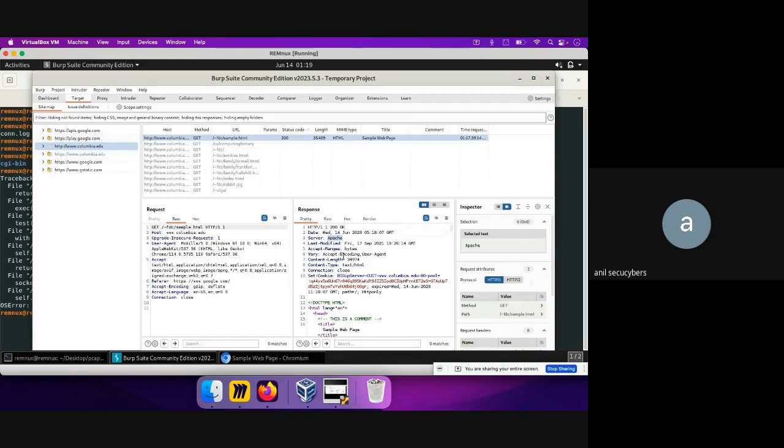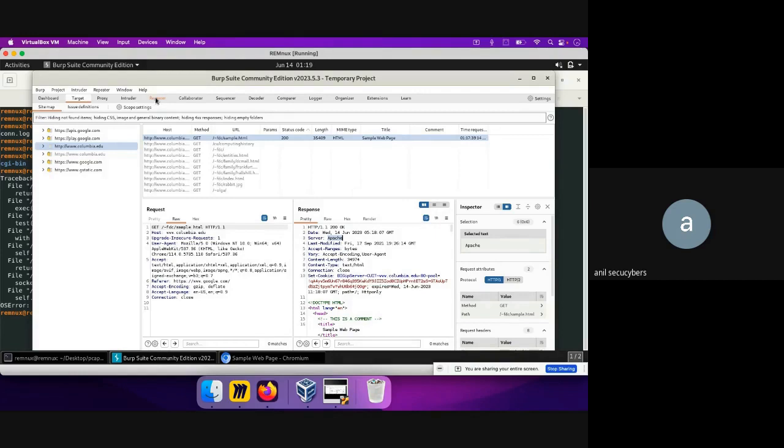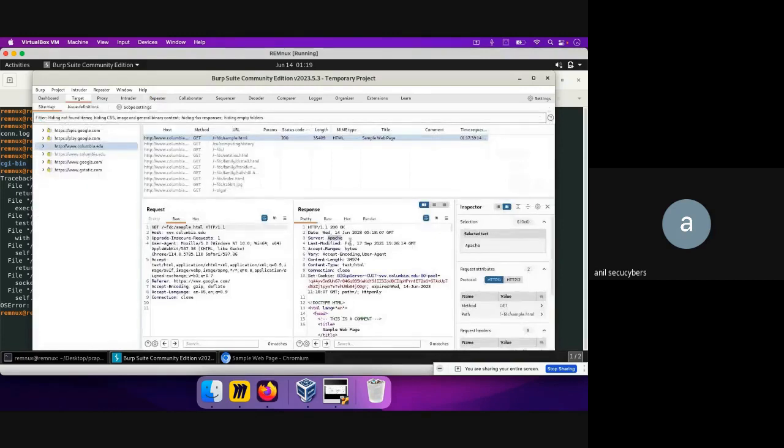It could be, let's say, if I go over here to the repeater, the version number would have been Apache version 2.6. So why is the web server not doing that? Because let's suppose the Apache web server is running with version 2.6. If it tells me the specific version, as an attacker, I will quickly go to the net and see if there are any known vulnerabilities of the Apache web server. And as you might already know, there are a lot of vulnerabilities that always come up for the Apache web server. And if it